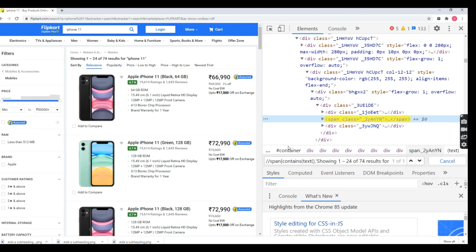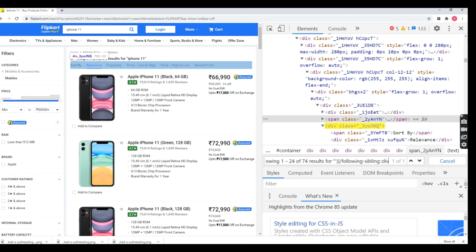Okay, it's not following, it's a sibling. I'm going to take the elements available inside div, correct? In that case, you slash and following-sibling using div, and it highlights only one element.